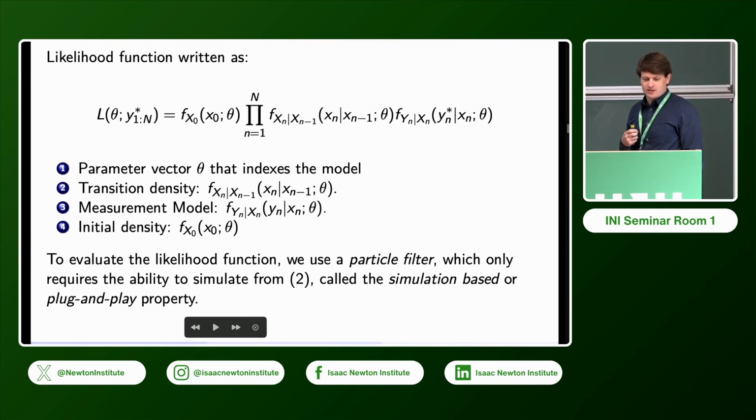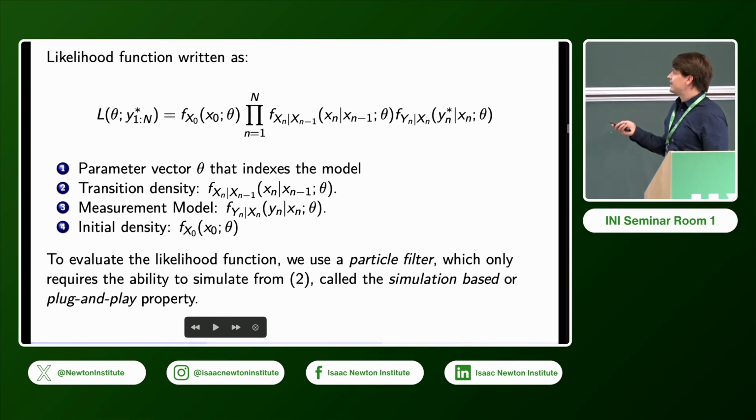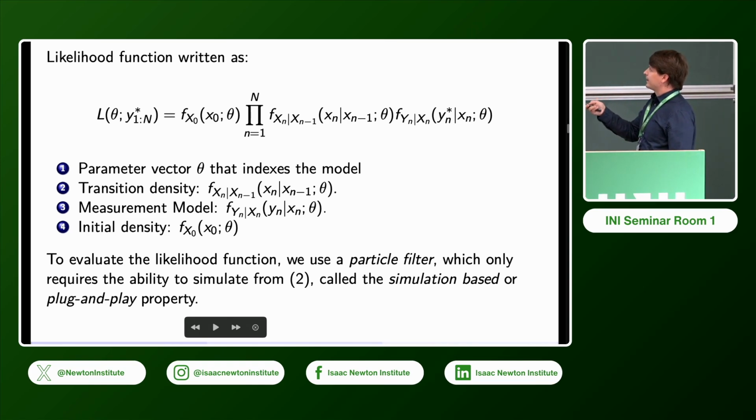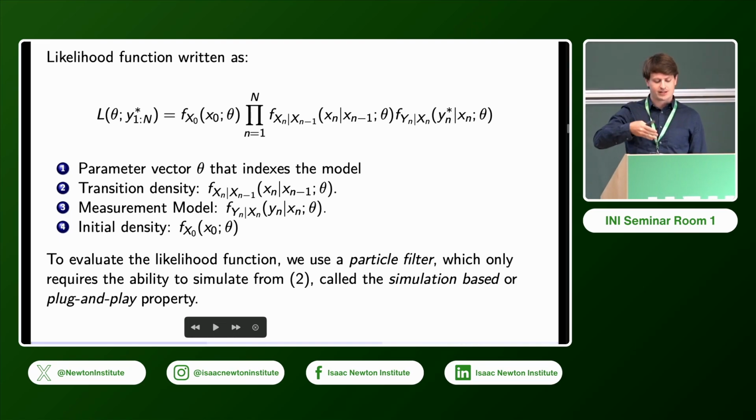So given those assumptions, the likelihood function for an arbitrary model can be written down, can be factored into this. And I like to write it down factored in this form because you can see the primary components that are needed to write down any infectious disease system, any partially observed Markov process, that is. So the first is the transition density, which describes how the latent state transitions from time n-1 to time n, the measurement model describing how observations are taken on the system, and then how the latent states are initialized.